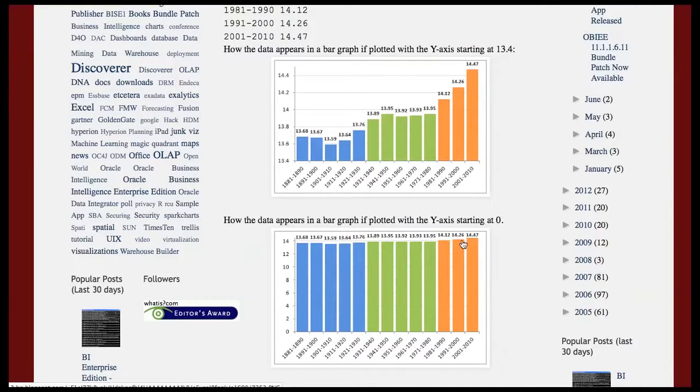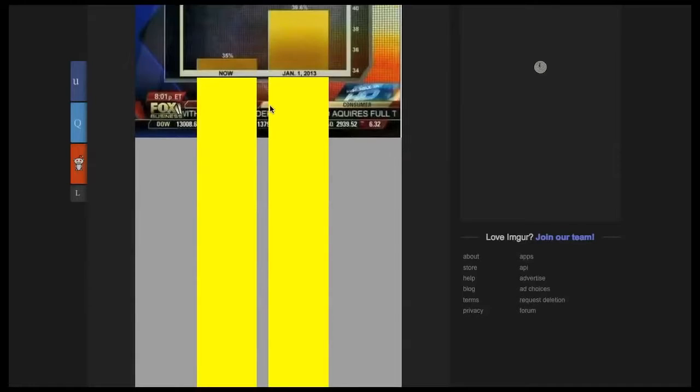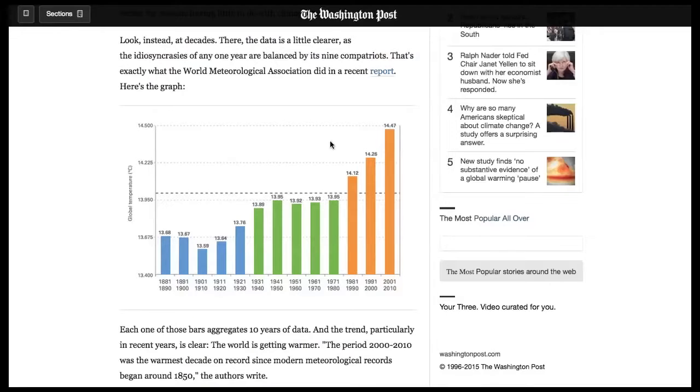It has a different perception, because now we understand we're talking about 0.8 degrees Celsius of warming, which is important. It is important because we're talking about a very minute gradient of temperature change over a very long period, measured to a very fine degree. In fact, a degree that is not justified given the level of uncertainty that is inherent in these numbers. But we'll come back to that point a little bit later. But anyway, it's the exact same point. If this is misleading, then this is misleading.